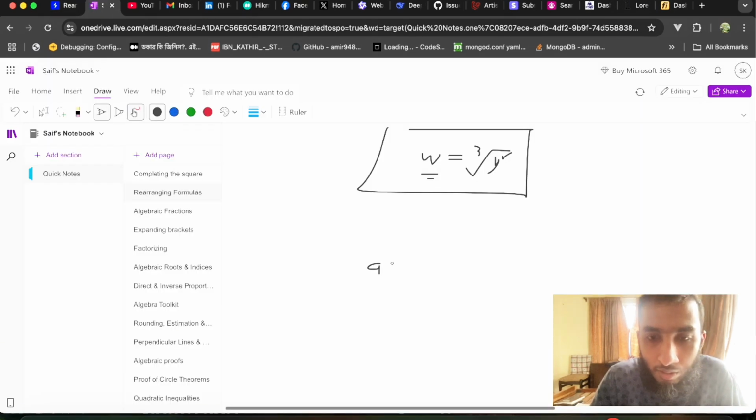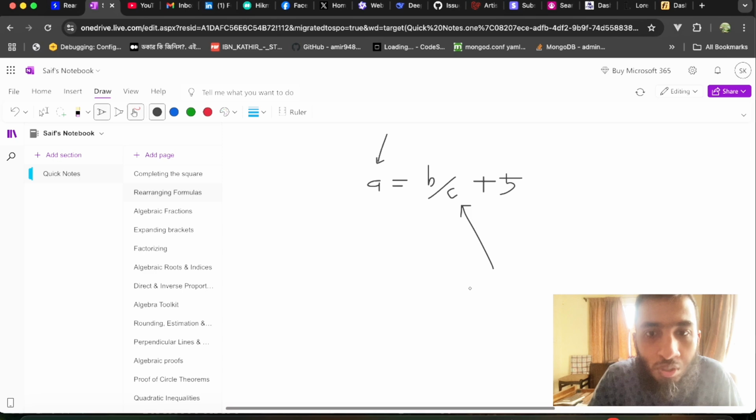Right now the subject is a and you have to change the subject from a to c. So in order to change the subject, if I take 5 here, I get a minus 5